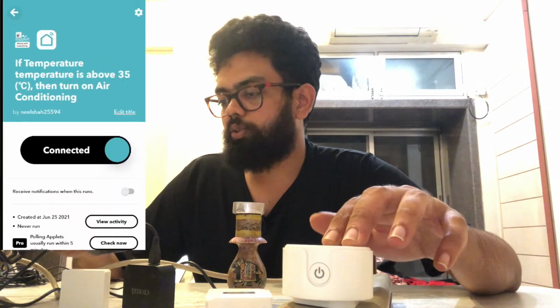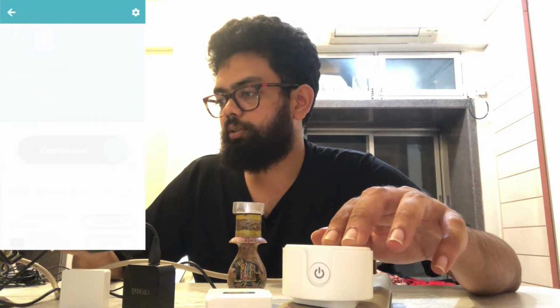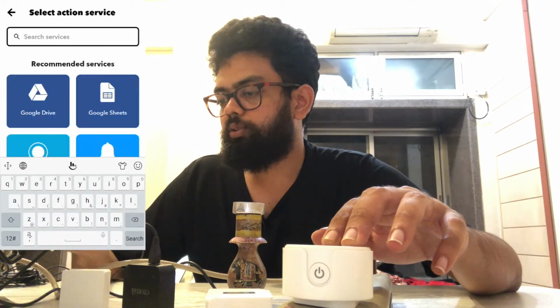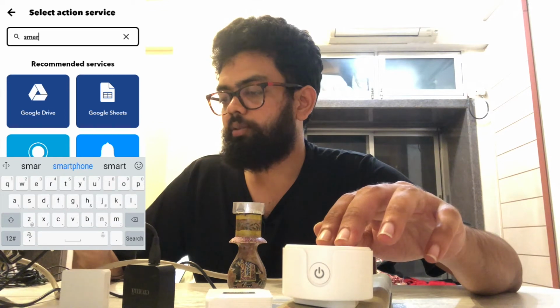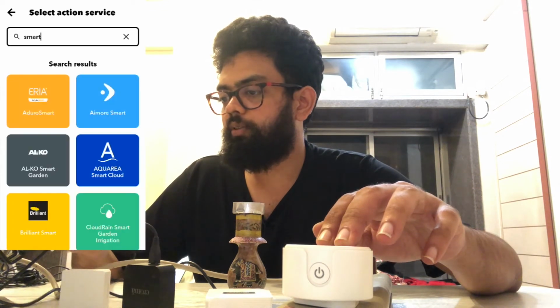Here we'll add one more automation in which we'll switch on and switch off the smart socket. Let's click on the automation settings, add. Here the partnered application is the Smart Life app, so I'll search for Smart Life.